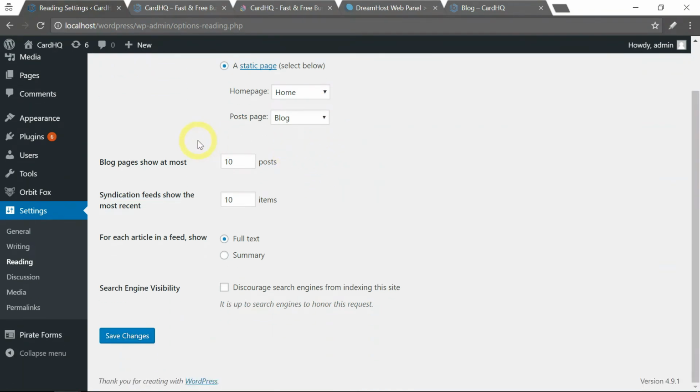Scroll down further and you will see further settings such as how many posts that you want to show on the blog page, how many items that you want to show on your syndication feeds,